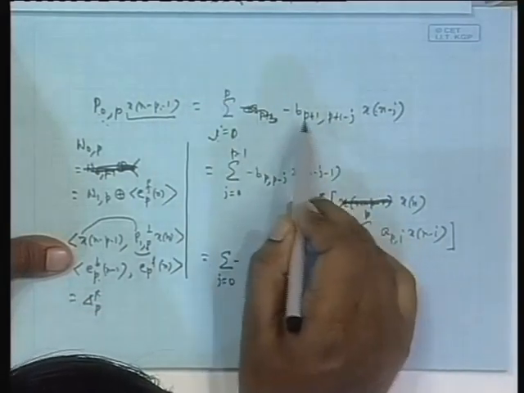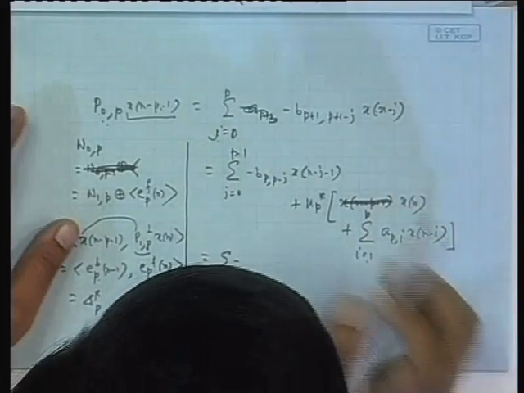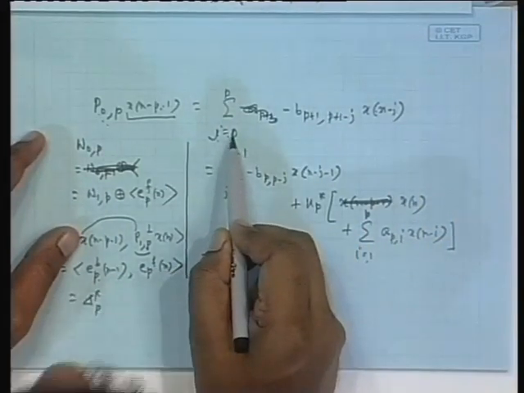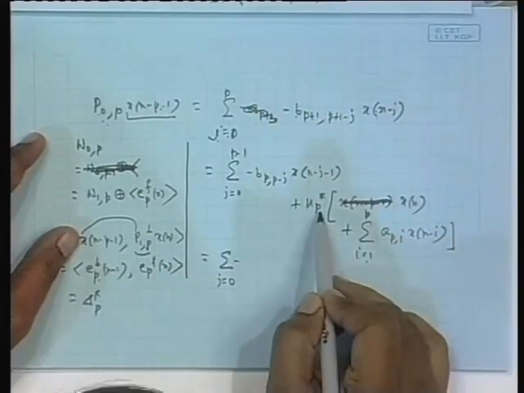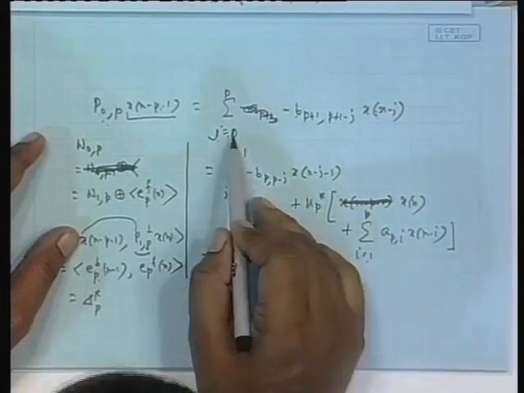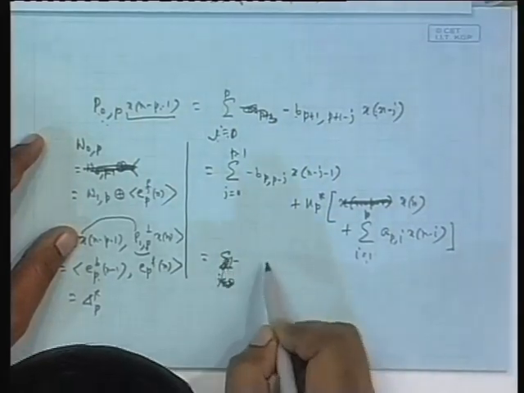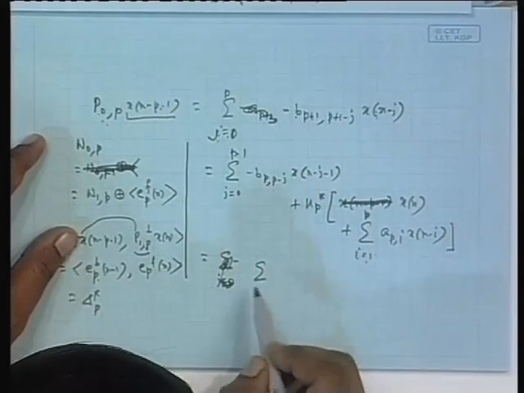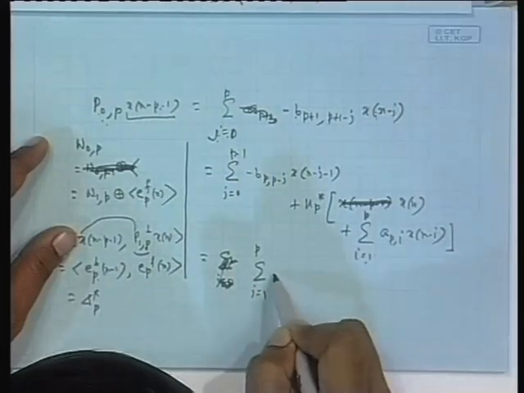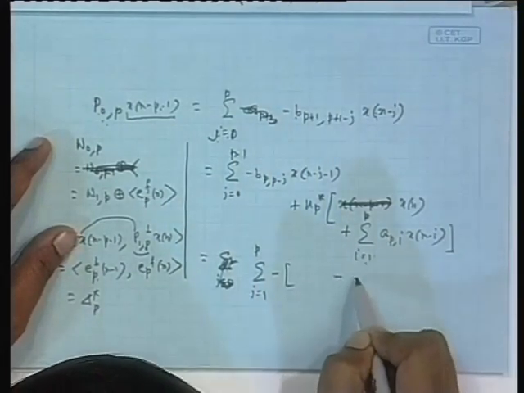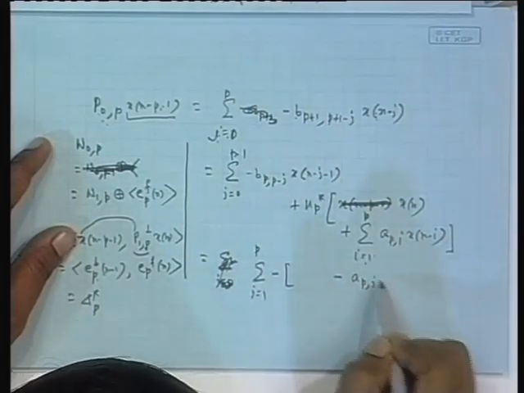J equal to p means x n minus, okay, j equal to 0 means x n and minus b p plus 1 p plus 1, that is same as k p star. So, here actually I am bothered about j equal to 1 to p. So, this form is required. So, j or I does not matter, right, j equal to 1 to p, minus something minus a p, instead of I call it just j, I equal to 1 to p a p I, j equal to 1 to p. So, a p j.